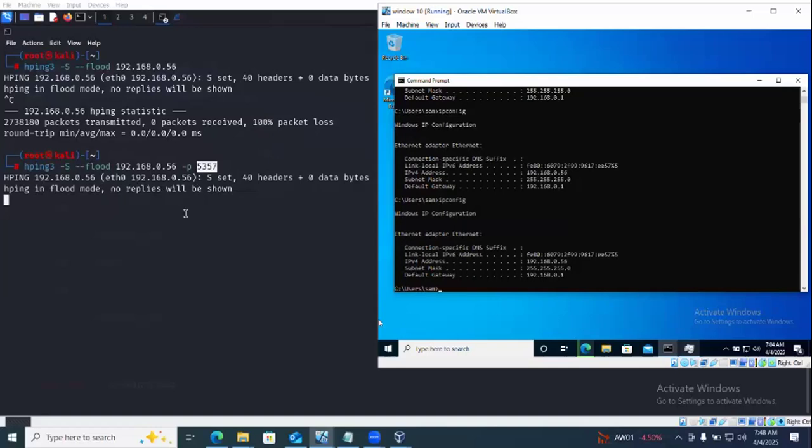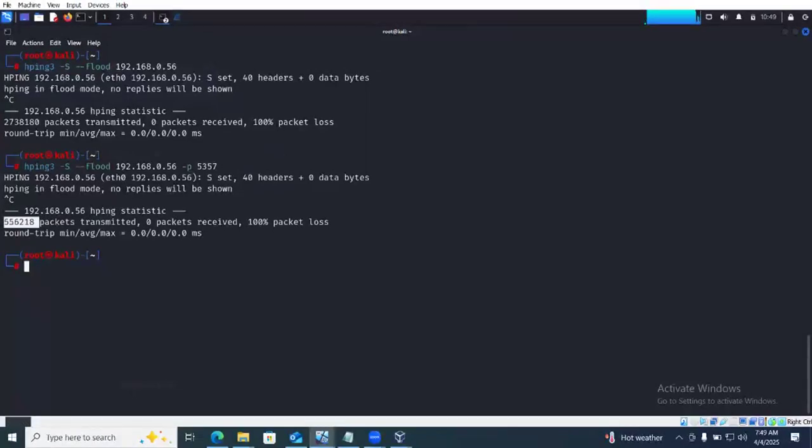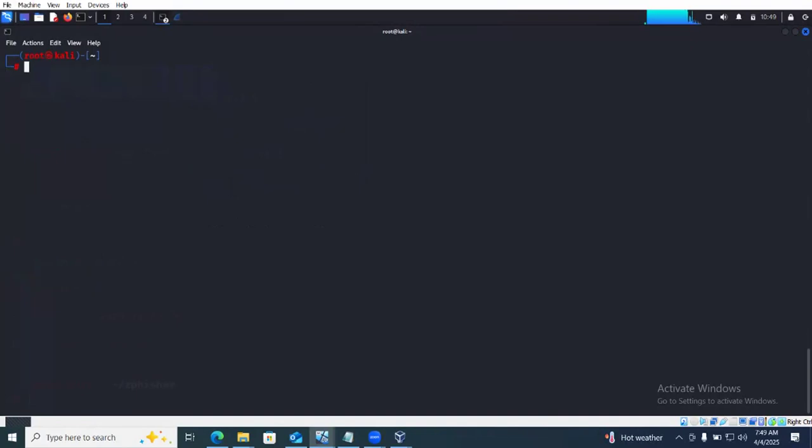But there's another command that we can use to hide your own identity, which means that when we're sending the attack, we are not going to be using our own IP address. So for example, if I come to my Kali, I use Control Z, Control C to stop. You will see how much traffic we are able to send. If I use Control L, and use this particular command here, hping3